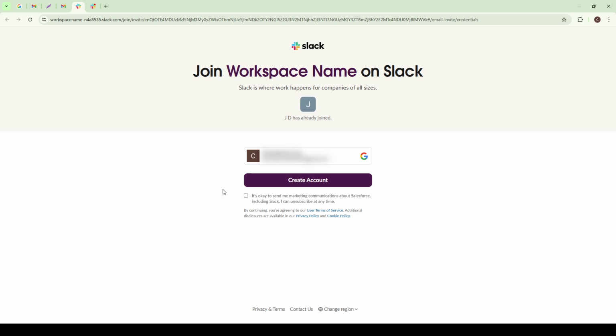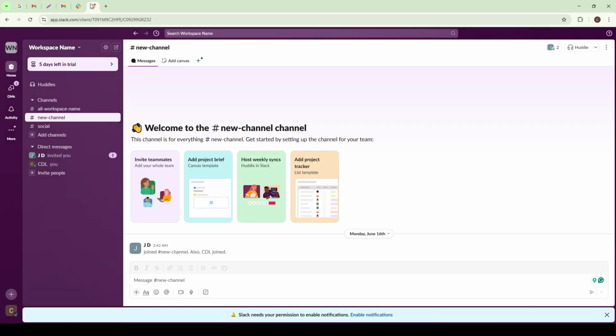On the page you're redirected to, you'll see an option to Create Account. Click on this option and follow the prompts to set up your account. This will usually involve entering your name, creating a password, and possibly confirming your email address. Take your time to choose a username that represents you well, as this is the name that other community members